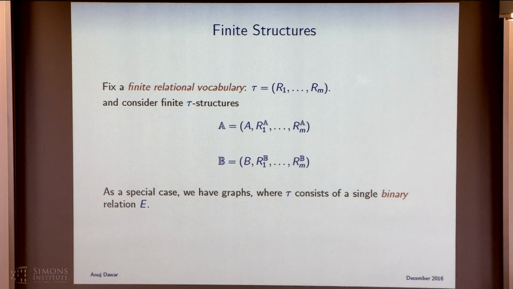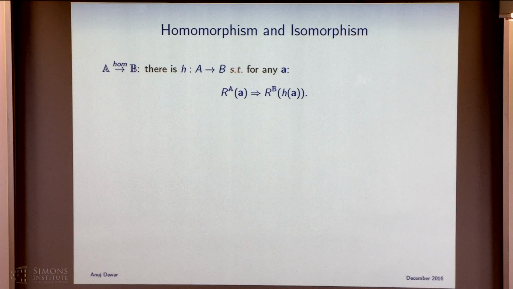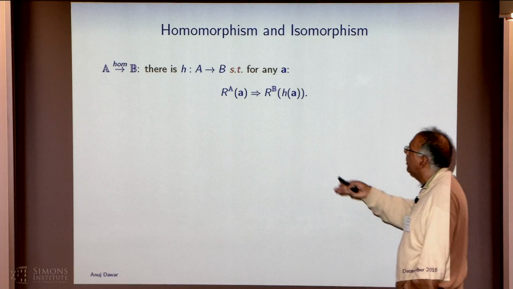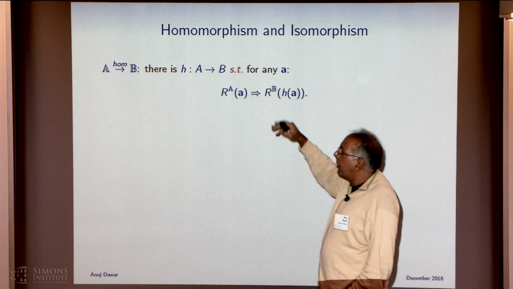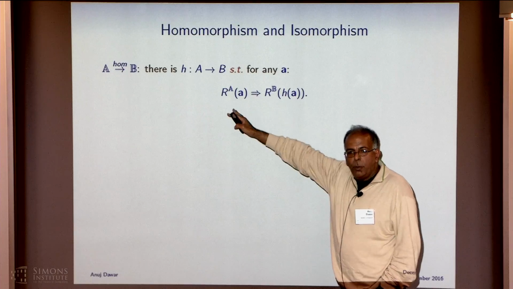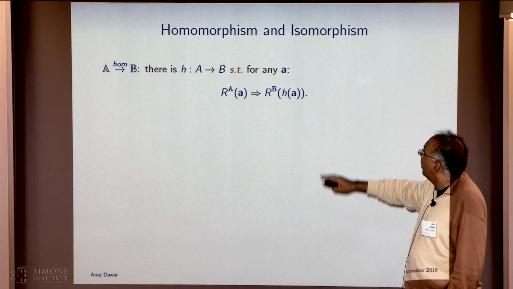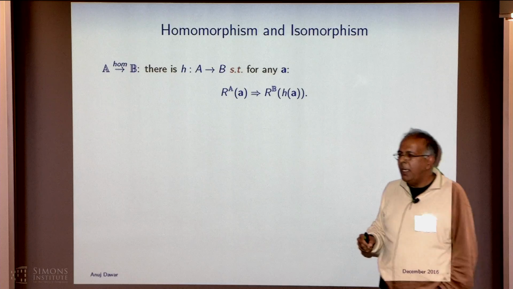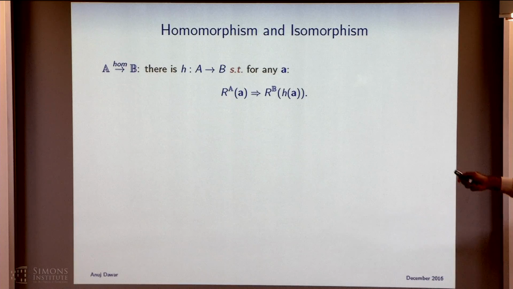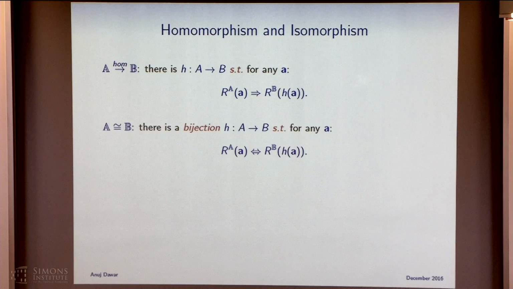Okay. Right. We have the notion of homomorphism between structures. A homomorphism is exactly what you would expect, of course: a function from the universe of A to B which preserves all the relations. So for any tuple, so boldface a is a tuple, my boldface is working this time, if it's in a particular relation in A, its image is in the corresponding interpretation of the relation in B. And isomorphism means the usual, right?